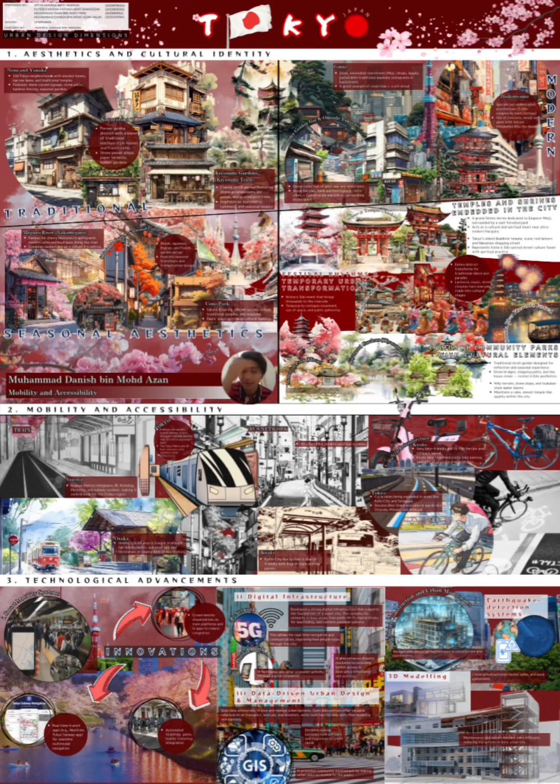So hello, my name is Muhammad Danish, and today I'm gonna talk about transportation in Japan. So Japan is known for its efficient and reliable transportation system. Whether you are exploring the busy streets of Tokyo or the peaceful countryside of Kyoto, getting around is easy and convenient. The most common modes of transport in Japan include trains, buses, and bicycles, each playing an important role in